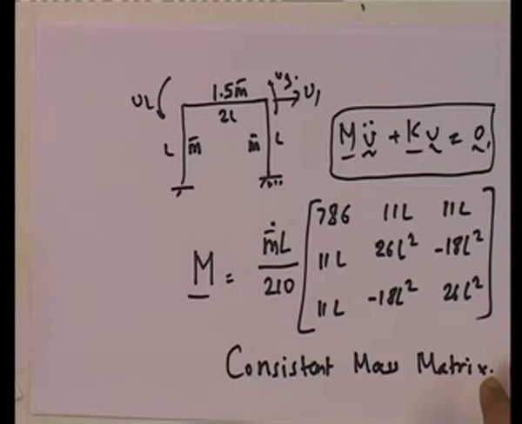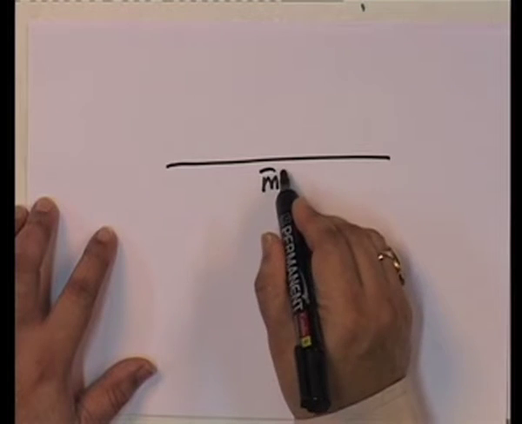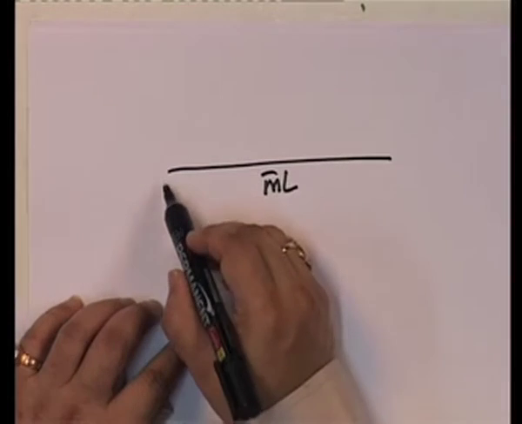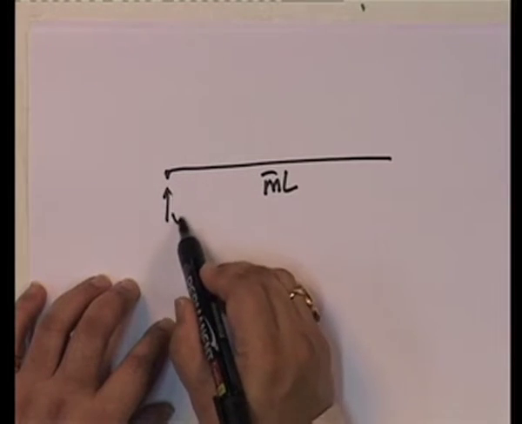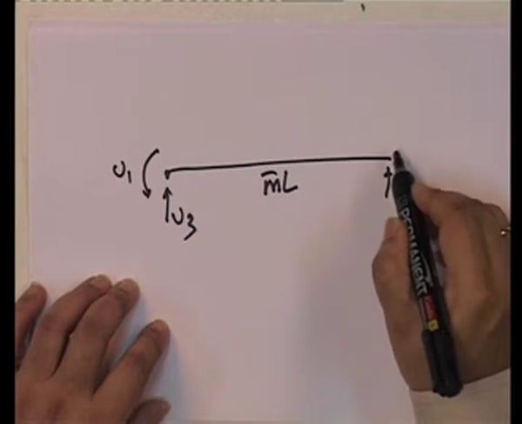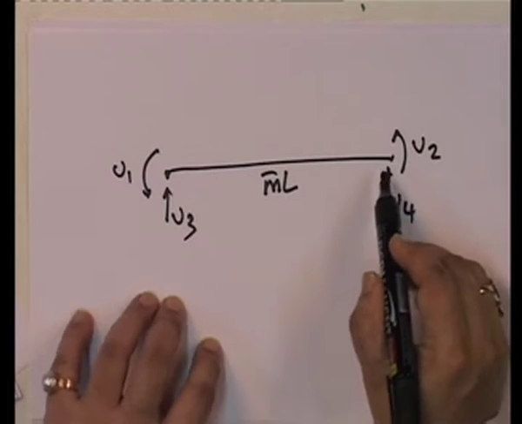Now, there is an issue. The issue is that for stiffness, I have to use the cubic Hermitian polynomials. But for mass, look, I can put it this way. This is mass, right? I can say that look, the total mass of the structure is this way, and I say that look, I am going to say that the contributory mass over here corresponds to this degree of freedom. So, I say that look, all I am going to say is that this mass,